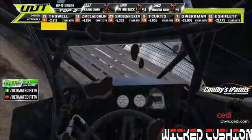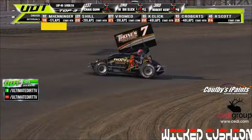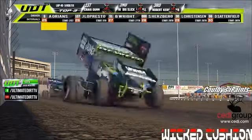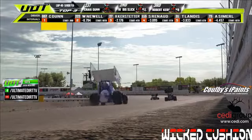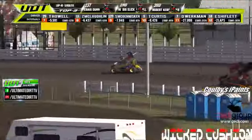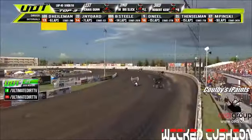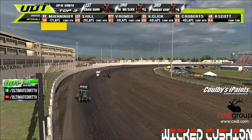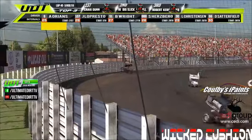It's never good when you can see sky, dirt, sky, dirt. Let's take a look at hopefully a different angle of that one. Once again, you see the car's jumping, the camera nicely placed here on the back straight away. Colby's Zarpe, it's instant replay. Yeah, you're watching the number 7 just at the bottom of the screen there. The camera will get the last bit of that one, but